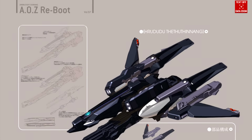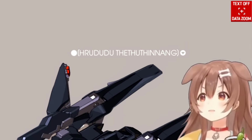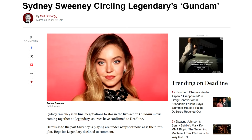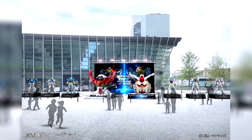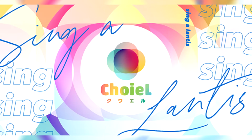In other news then, we got some new Advance of Zeta artwork, this time featuring the Frududu. What the fuck? Sydney Sweeney is in talks to appear in the live-action Gundam movie. The Gundam Next Future final in Osaka event has begun and will last until April the 14th, and Bandai is